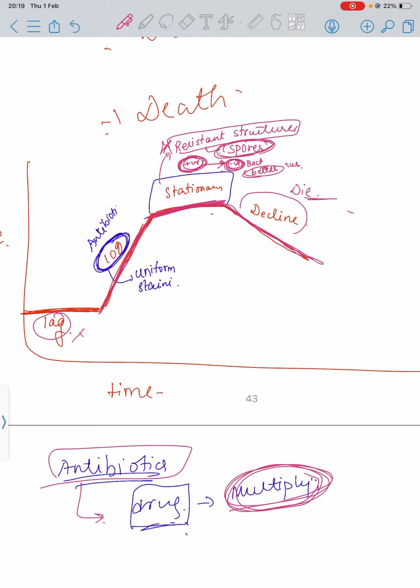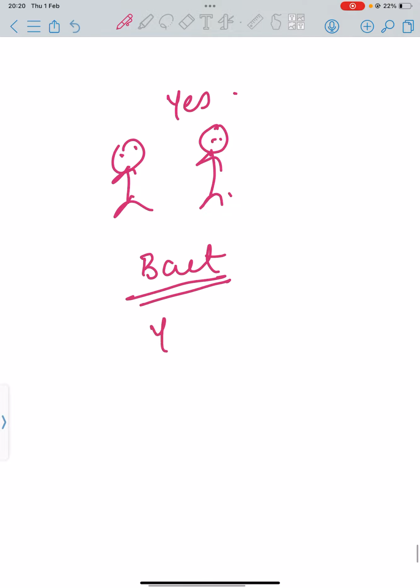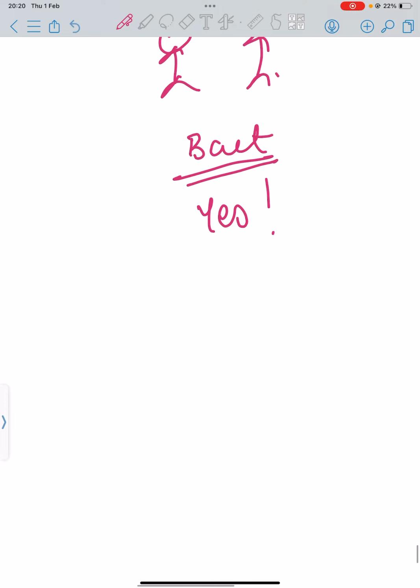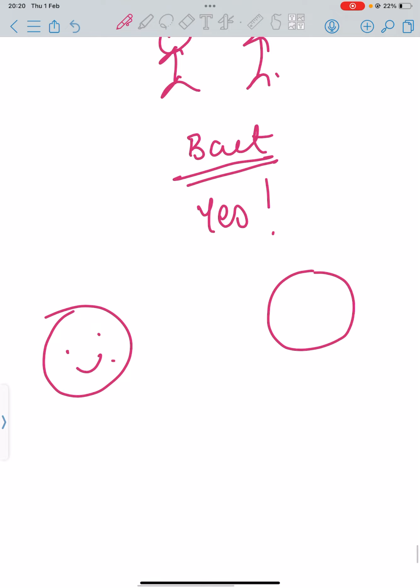But do you think bacteria are all good? No. The thing is, between humans, is there any competition? Yes. So between bacteria, will there be any competition? Yes, again. Okay, so if this is one bacteria and it wants to survive in stationary phase, what actually happens is that